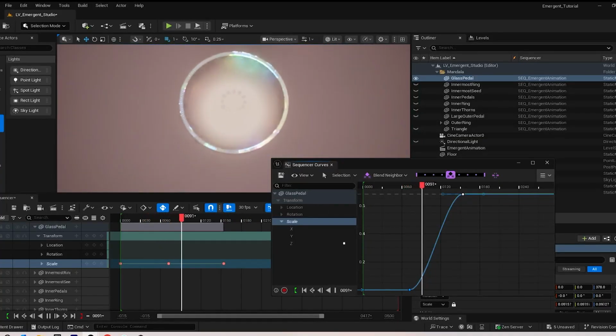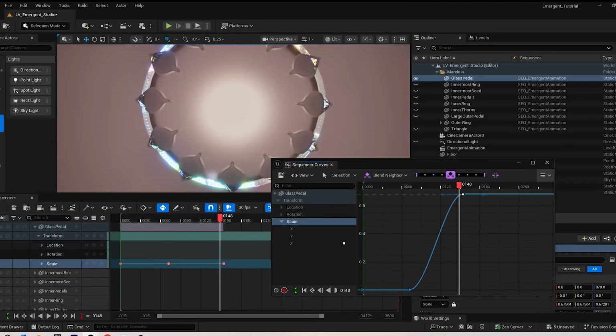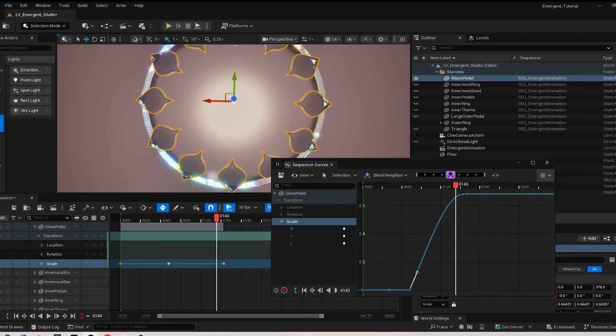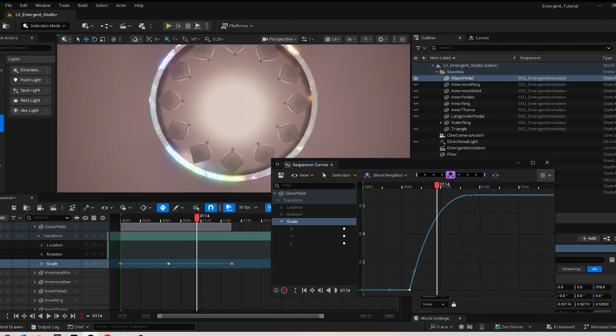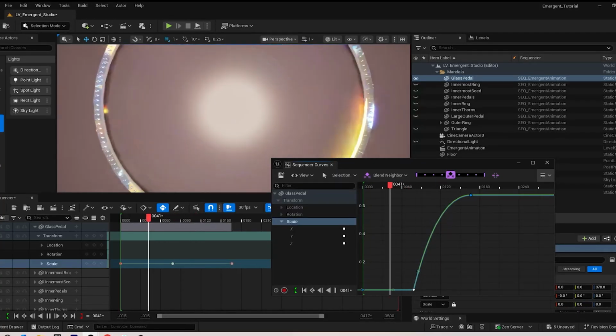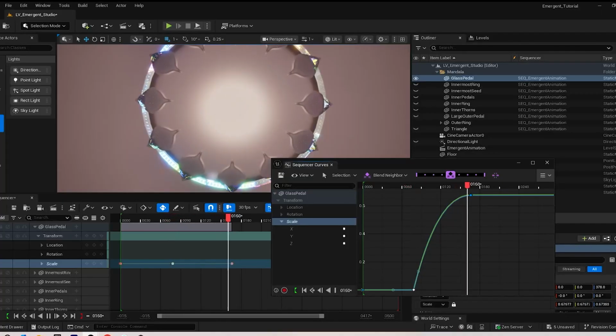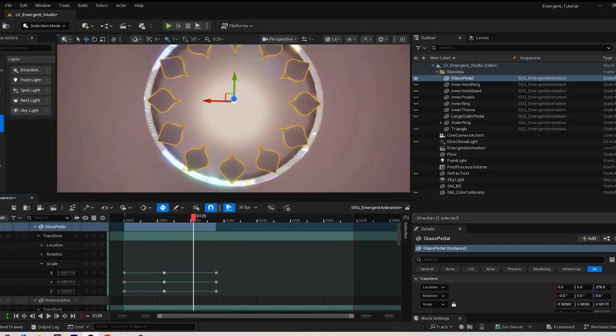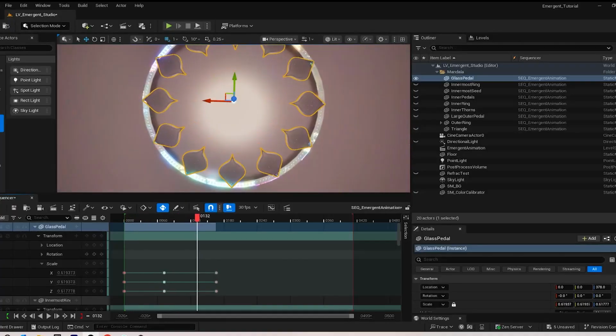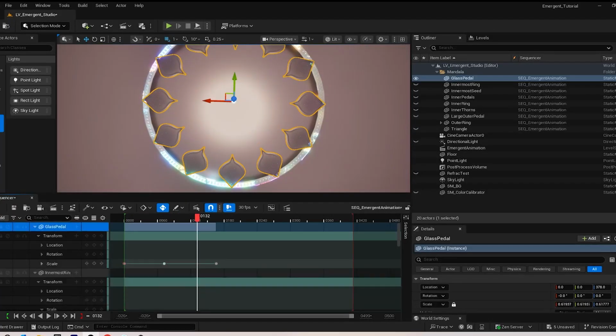I want the petal animation to be a little more rapid than that. So we just want it to kind of jump. Yeah, but not quite fast. I just want there to be a little more space between the petals initially, and then there we go. Now we're going to take these keyframes that we made for the petals, and we are going to copy and paste them